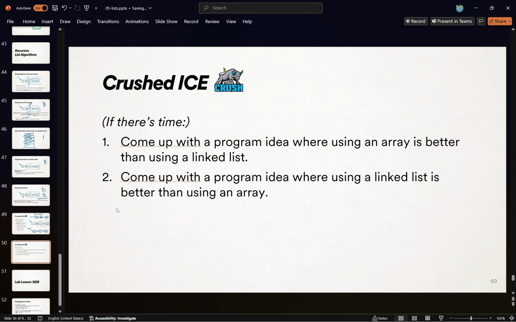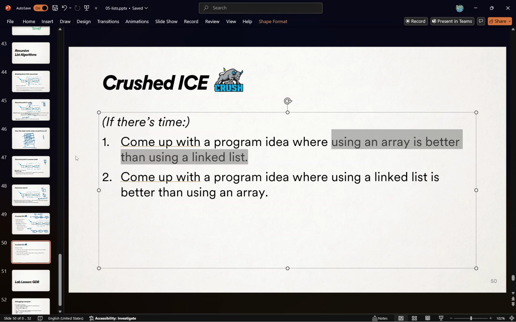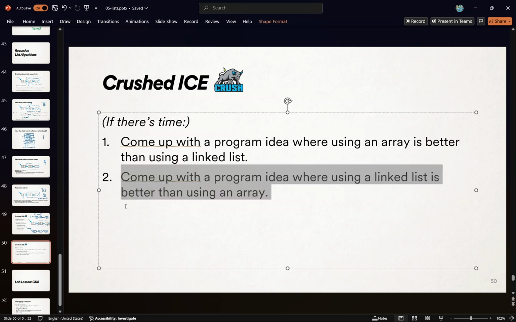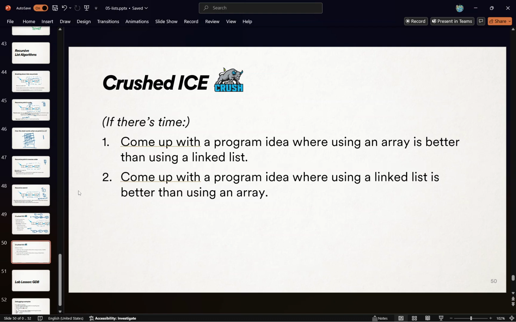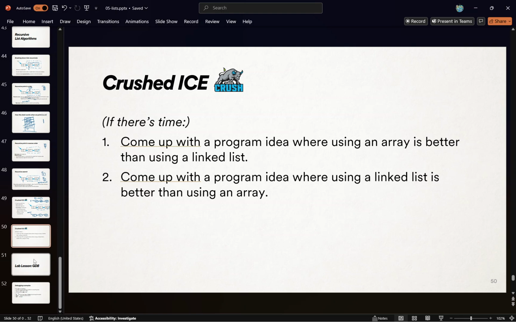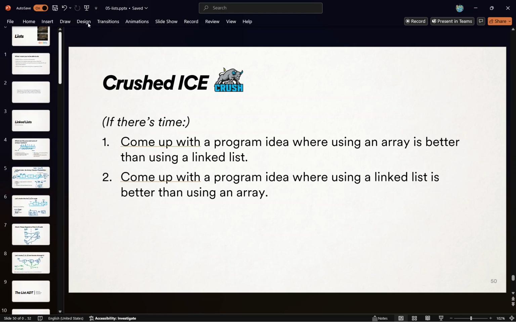I want you to think about this yourself after class if you can. We know about arrays and linked lists and how they compare. Come up with an idea of where you would say, I want to use an array right now, I need that, a linked list would make things horrible, because you know about running time complexity of all this stuff now. And then do the same thing, but for a problem where you really could use a linked list, and an array would make things so much slower. There are totally plenty of options there, and I'd highly encourage you to think about that, because that's why we're learning this stuff. So if we're good, I think that's most of what I wanted to say about